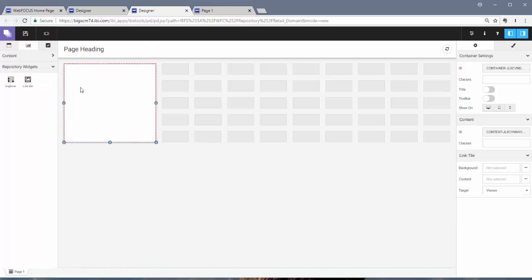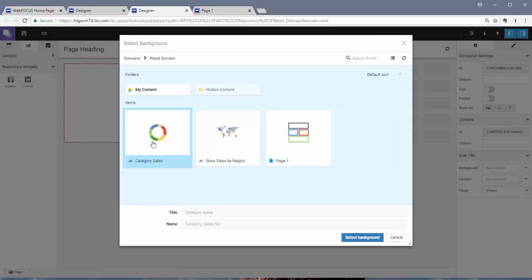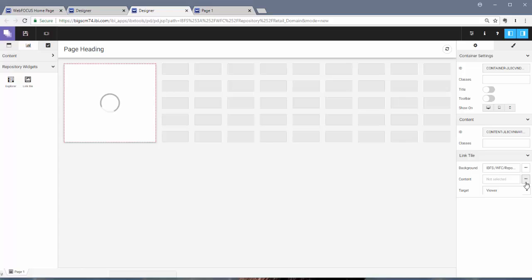To use the Link Tile widget, simply drag it onto the canvas. The widget displays as an empty placeholder. In the Properties panel, select an image or a content item that you want users to see when the page loads. Keep in mind that any interactive features in the content are disabled when it displays in the link tile